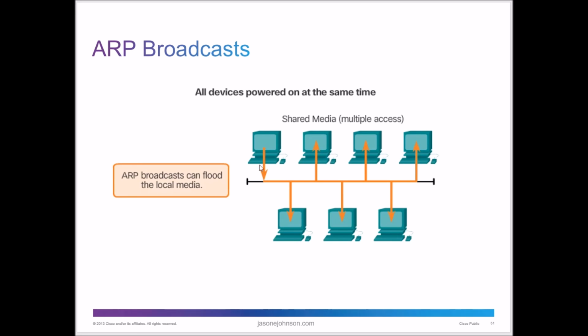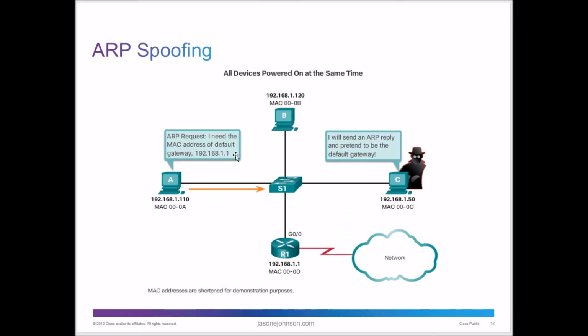Some issues that you have with ARP is that if all the devices are powered on at the exact same time, you're going to get ARP broadcast flooding. In most larger networks, when you have 100 meg or gigabit LAN speeds, it's not going to be that big of an issue. But if you have thousands of computers or devices all coming online at the same time, you could get some collisions going on. It's very unlikely, and you might have to slow the network down a little bit, but it's not going to crash everything. If all the devices are powered on, they're all going to be requesting.